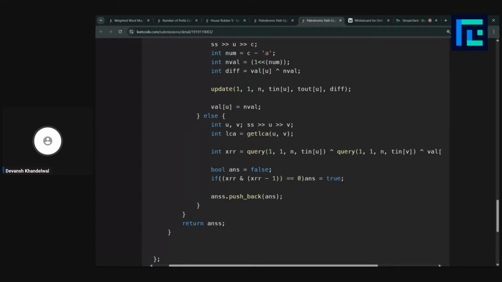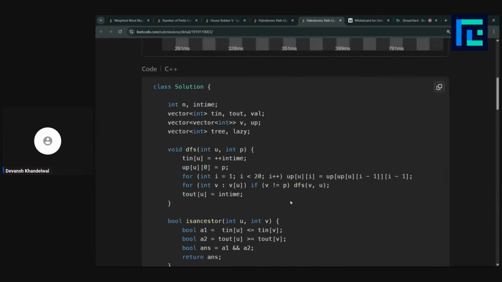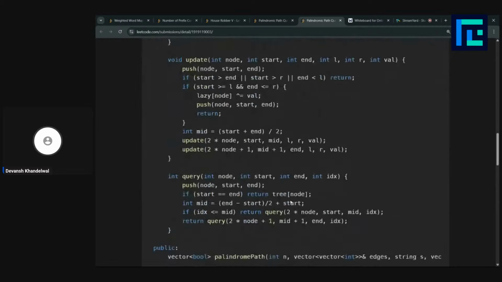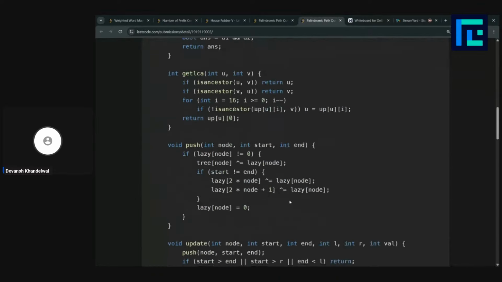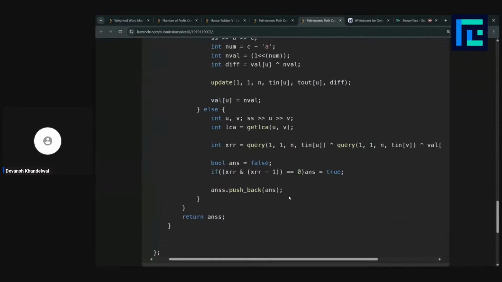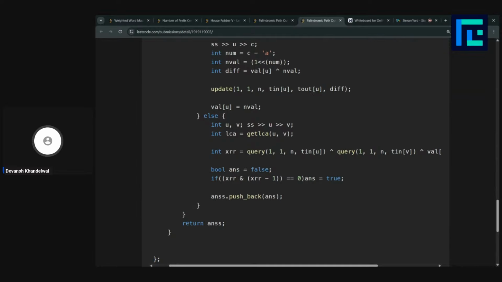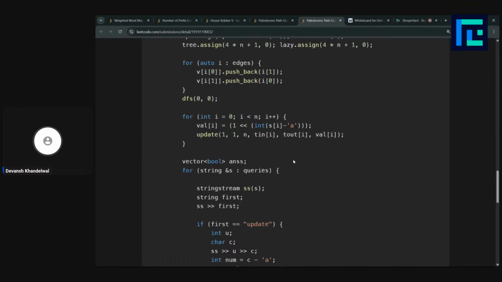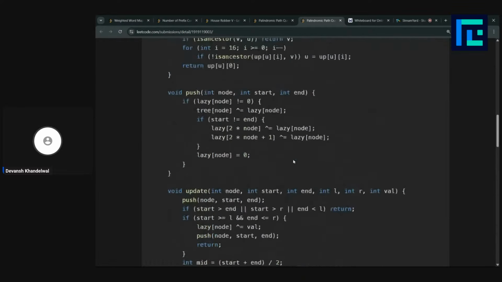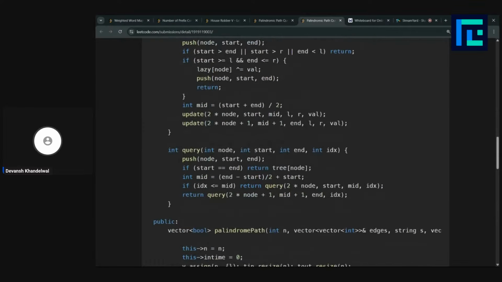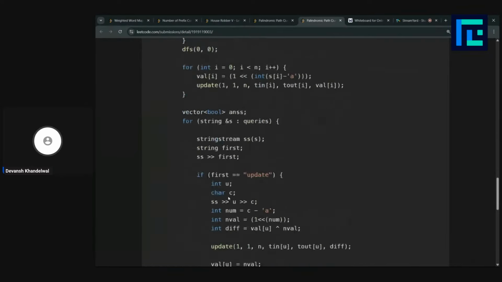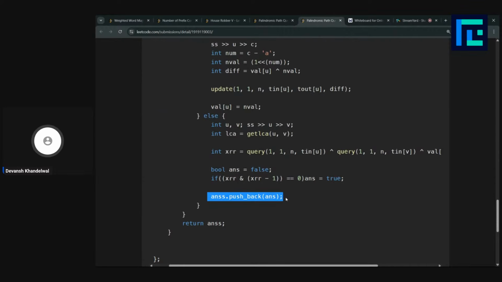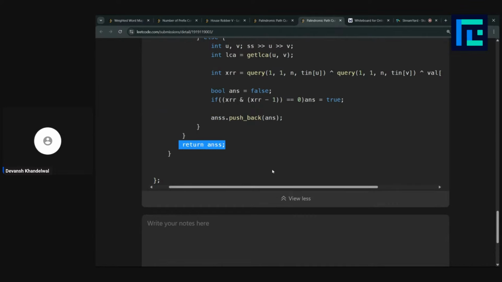Yeah, I think I should just explain the surface level, right? I shouldn't have explained this deep, I think. Even then, I could go even deeper because there are a lot of concepts here, right? So when you get the submission, I will add more comments to it, because the query is calculated in a pretty complicated way. I will simplify it. Anyways, then we pushed our answer and then we returned it, right?